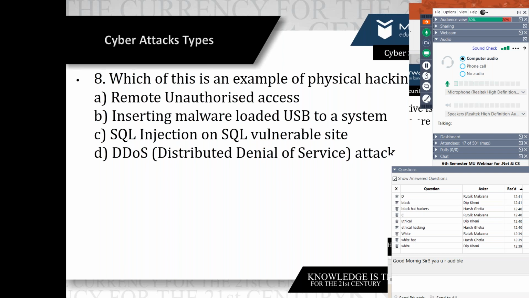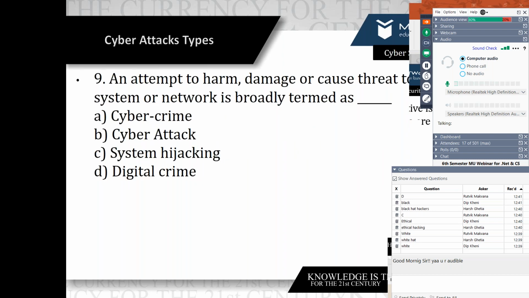Now, an attempt to harm, damage, or cause a threat to a system or network is broadly termed as cyber crime, cyber attack, system hijacking, or digital crime. Now, what is the answer? Bhargav says A, cyber crime.